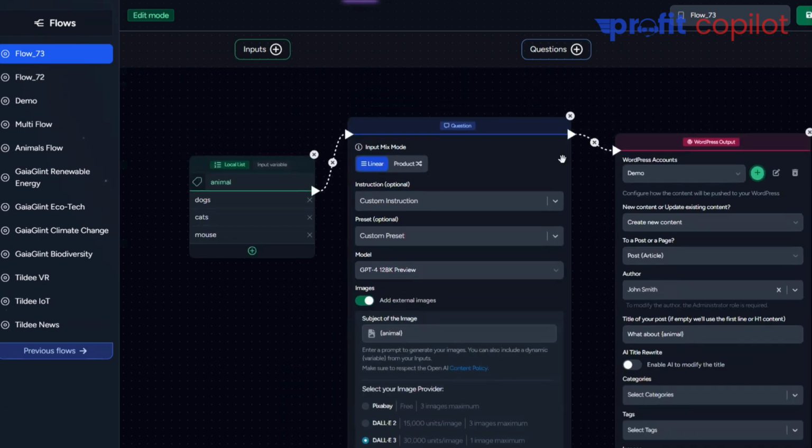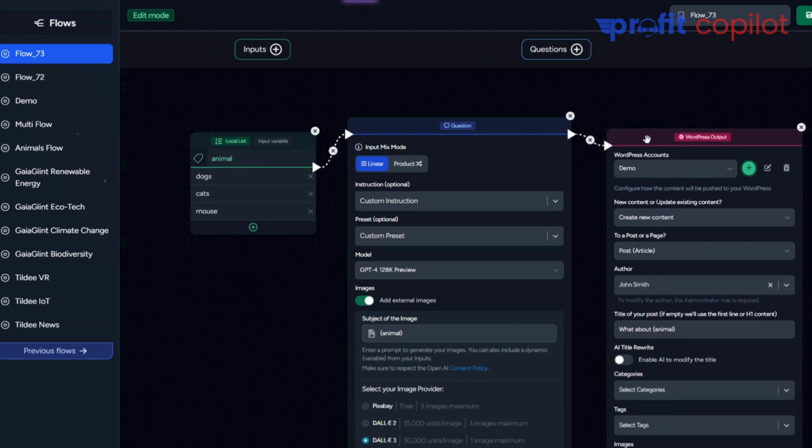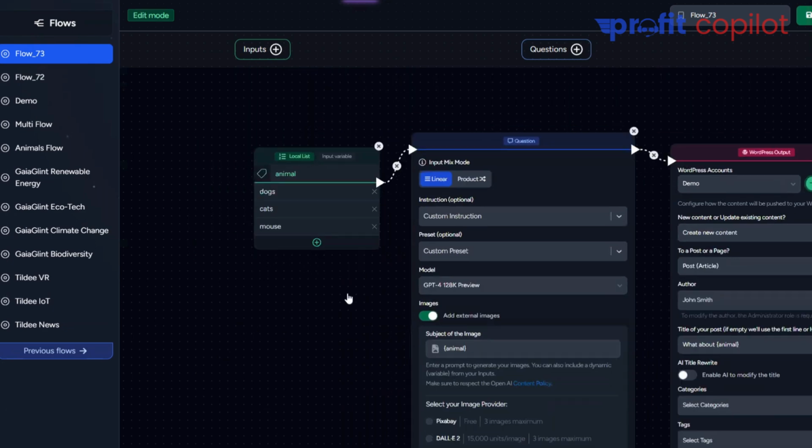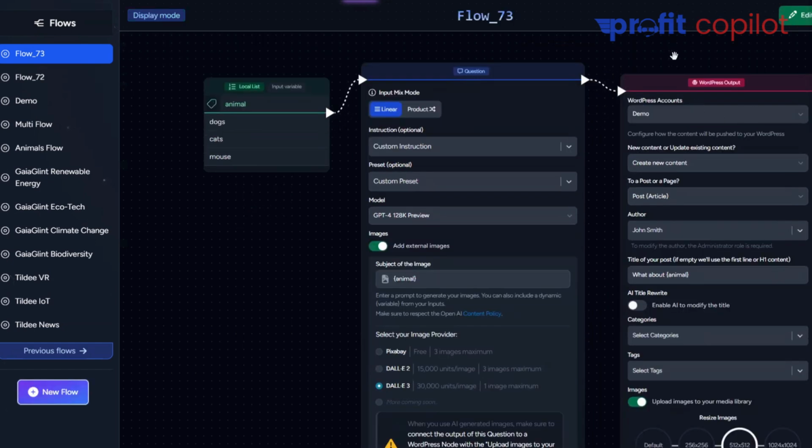So you take like 2 minutes, and when you are good to go. Okay. So I save my workflow, and now I can